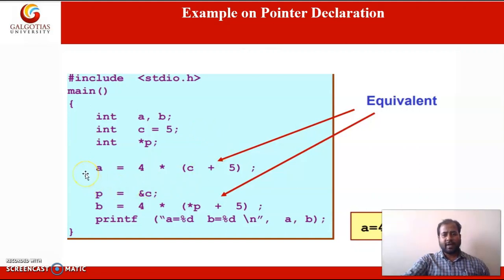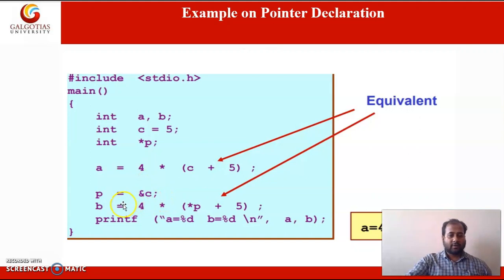So see the expression a equal to 4 into c plus 5. Okay, so what will be the value of a? 4 into c plus 5. The value of c is 5, so this will be 10, and 10 into 4 will be 40.